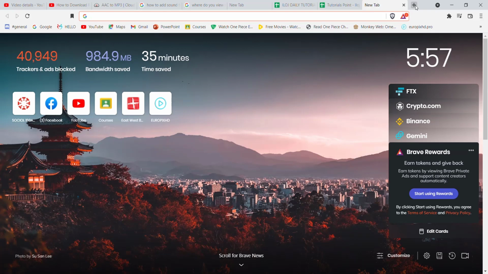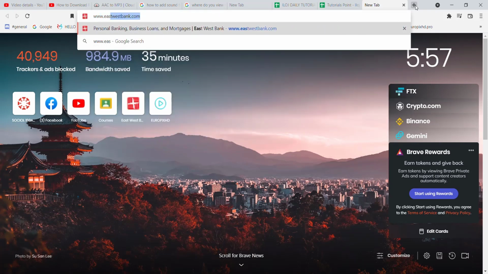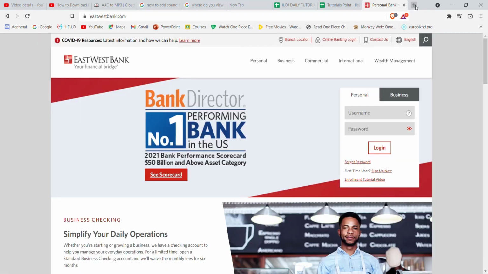Firstly, make sure that you're connected to the internet. Once you've made sure that you're connected to the internet, open up a web browser. After opening up the web browser, on your search engine type in www.eastwestbank.com. After the home page of the eastwestbank.com fully opens up on your screen, you'll see a small tab for